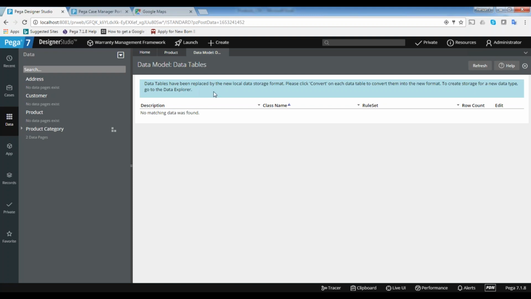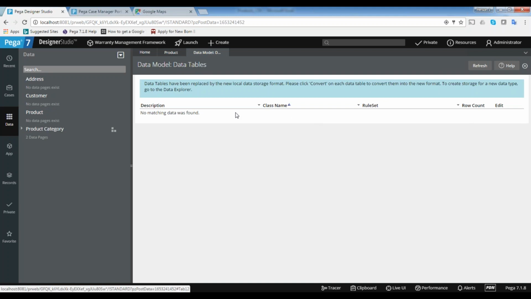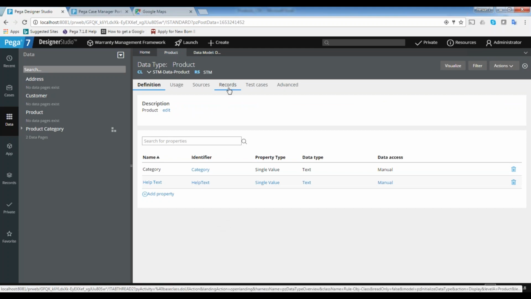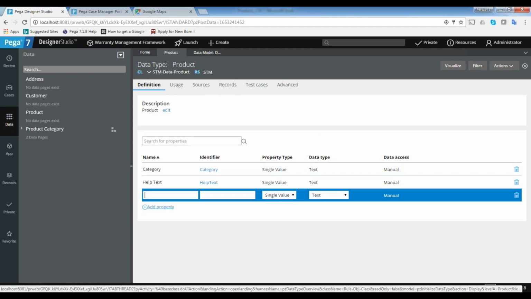Even if you have data tables, let's say you migrate from 7.1.6 to 7.1.8, the data tables will be displayed, but you cannot create new data tables, and you will get a convert button at the bottom for each data table. You can use the convert button and it will be automatically converted into local storage. If you convert into local storage, it should not impact anything. It is the same as in data tables: you need to mention the class name here also. If we are mentioning one more tab here for that purpose, you create one more tab, the cost tab. There won't be any issue.